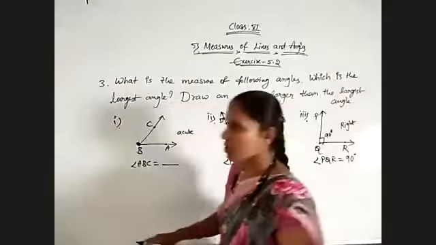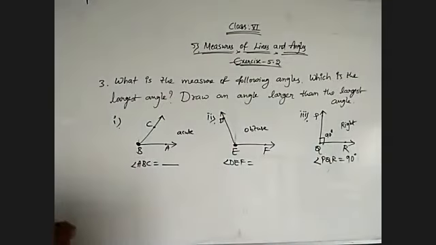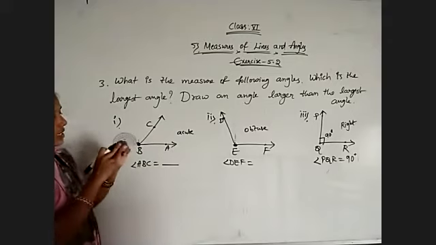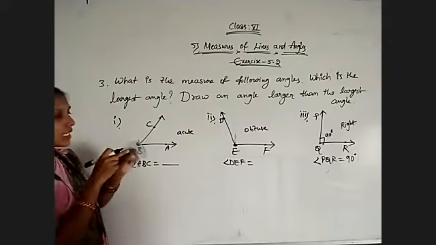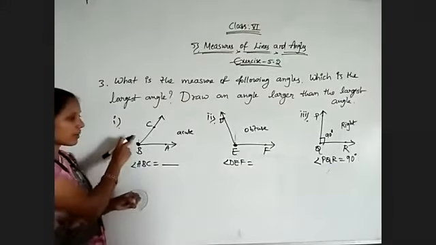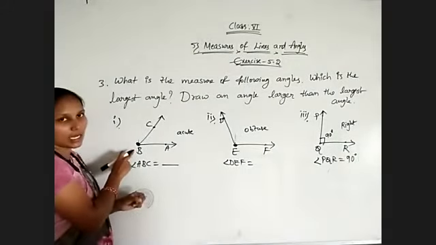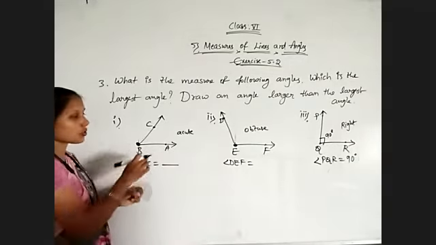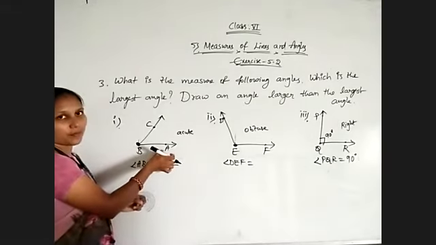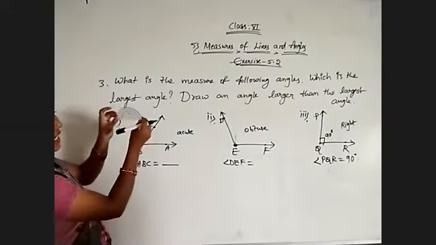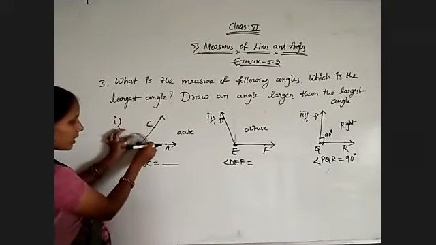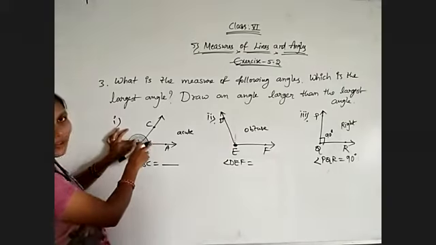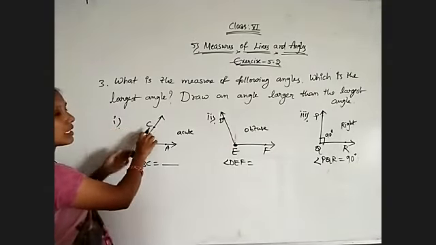So now observe this question. I am finding angle ABC by using the protractor. For that, I need to set the common point of the protractor at B, because here my vertex is B. I need to find angle B. And the 180 degrees line of the protractor should be on AB. So I have to set it like this, at B and straight line. For this question I got 40. Actually you will get the measurement 45 degrees.